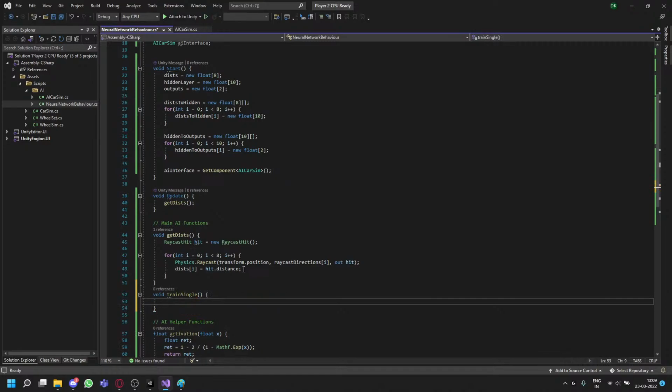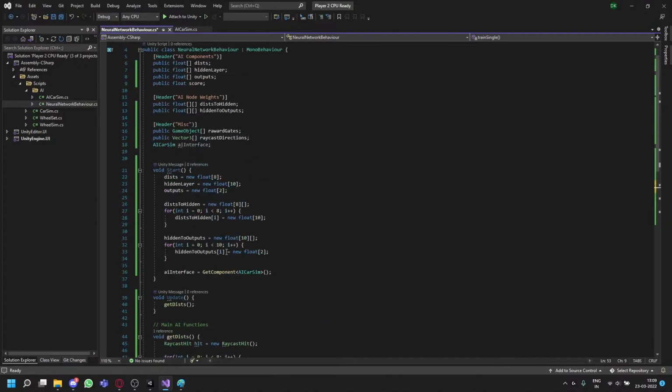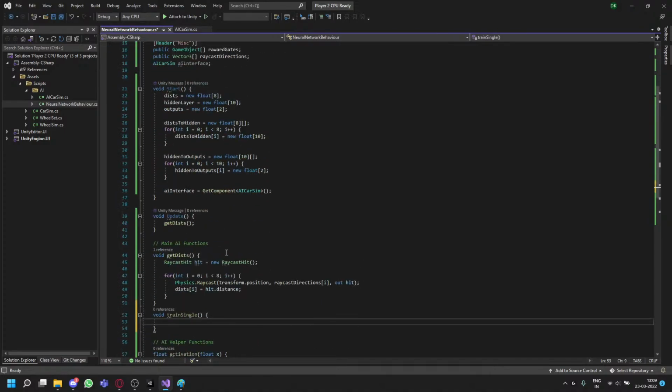What this will do is it will create a single data sample that will give the AI some feedback. So what we are going to do is the score, wait a minute,